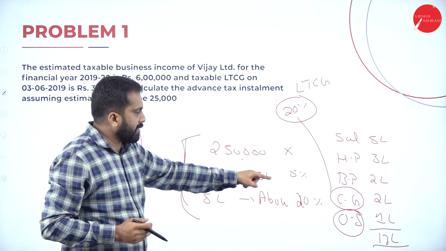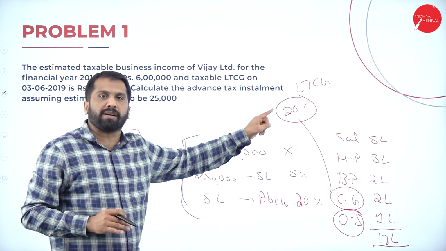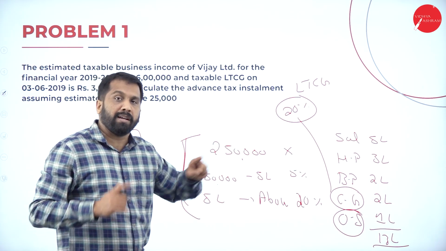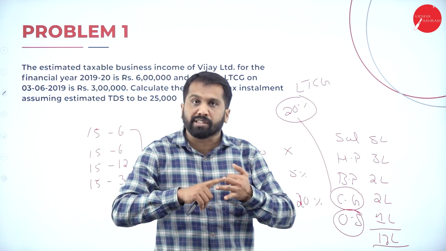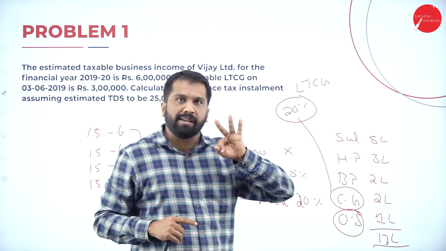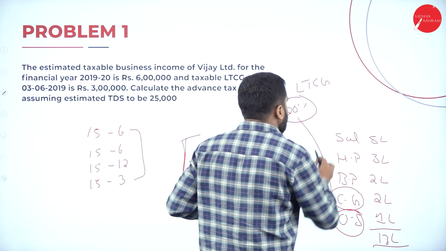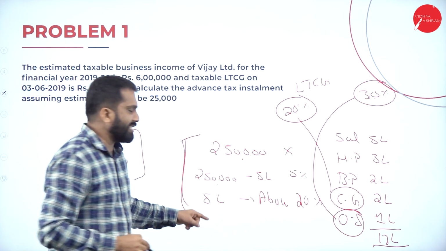The 5%, 20% or up to 2,50,000 nil will not apply to long-term capital gain. Hope you are clear. And one more is there. What is that? Horse race, crossword puzzle, lottery. These three are there, no? These three also are separate, 30%. They will not come under this slab.